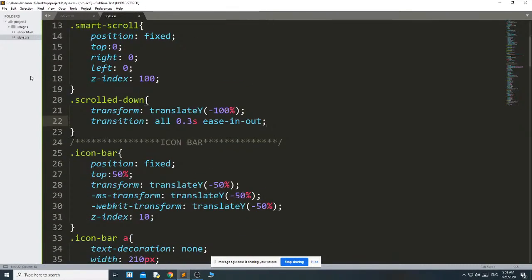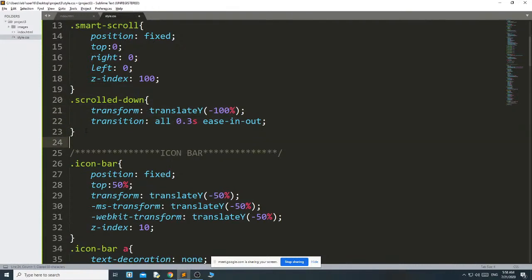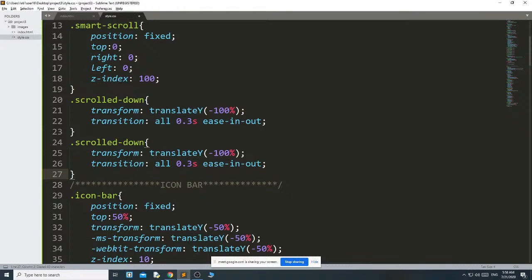The same thing for scroll-up, copy, paste, scroll-up. But here translateY will be 0.